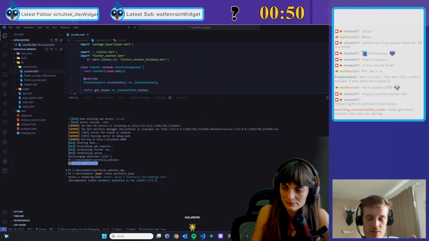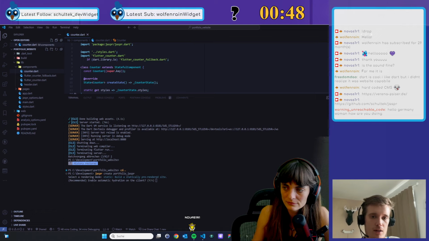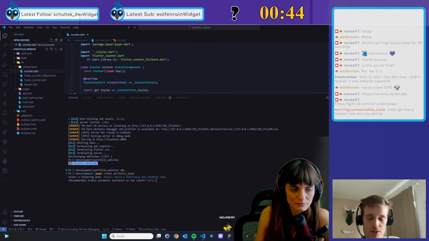In static mode, it's pre-rendered at build time. With server mode, it's pre-rendered at request time. So when the user requests your site, it's pre-rendered. And then hydration is when that pre-rendered HTML is loaded in the browser, and then your client-side application kicks in and picks up the rendering where the server has left off.